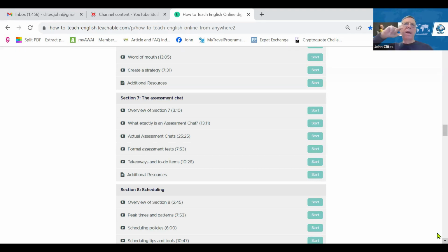But I think one of the reasons that the assessment chat is so very effective in closing business, I mean, it's close to 100%. If somebody comes to me and we do an assessment chat, well north of 90% of them will become students. Now, I have to say that they're almost all referrals too. So first they're referrals, and then they come to me and we have the assessment chat. But why the assessment chat is so effective in closing business is I'm listening to the student and what her needs are.